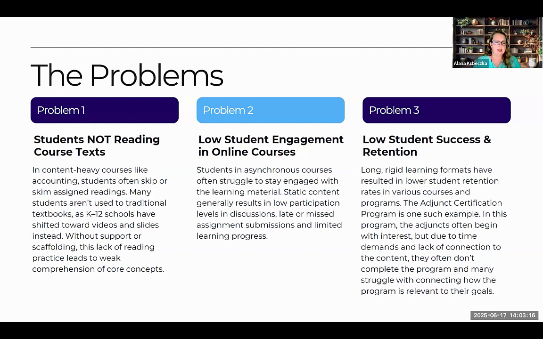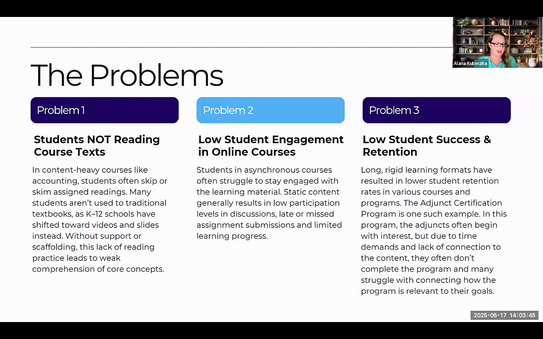The case study I'm going to talk about today is an accounting course, but since then I've seen it and heard it from a lot of other instructors, and I'm sure you all hear the same thing, that students just aren't reading textbooks. Now, coming from a K-12 background, I can definitely tell you that that is something they're taught from a very young age, because there really just aren't textbooks anymore in K-12 either.